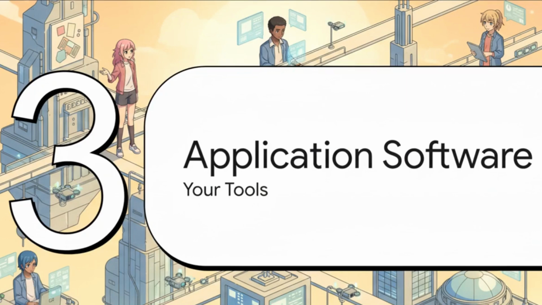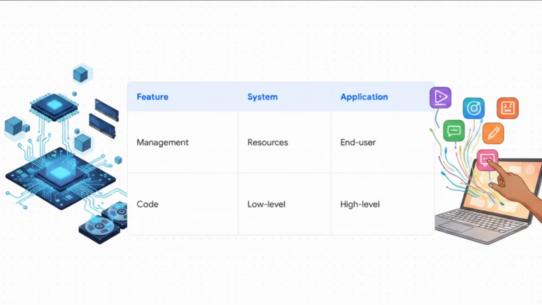All right, on to part three, application software, your tools. So there's a really important shift to understand between these two halves of the software world. System software manages resources, it's written in low-level code, and it's capable of running entirely on its own the second you power on. But application software is totally dependent. It uses high-level language and only wakes up when you specifically need it. It starts when you click it, terminates when you close it, and it absolutely relies on that system software foundation